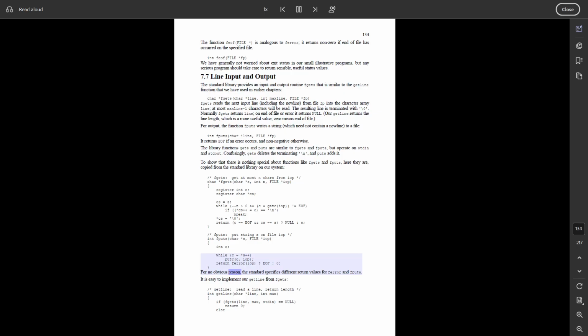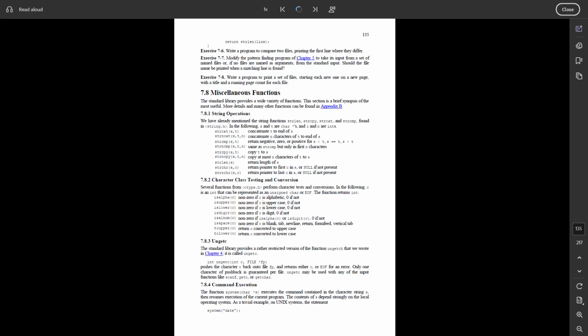For no obvious reason, the standard specifies different return values for ferror and fputs. It is easy to implement our getline from fgets: /* getline: read a line, return length */ int getline(char *line, int max) { if (fgets(line, max, stdin) == NULL) return 0; else return strlen(line); }